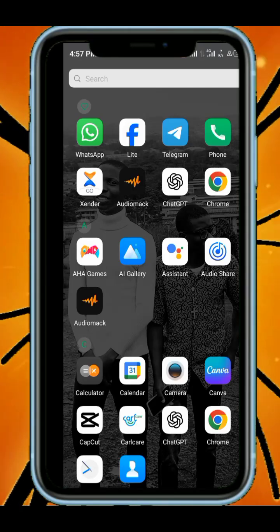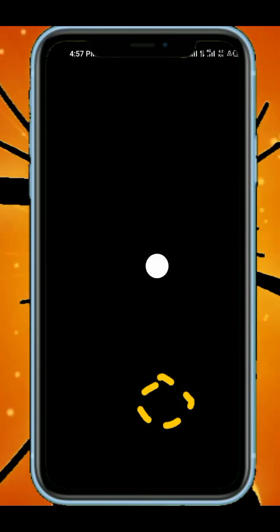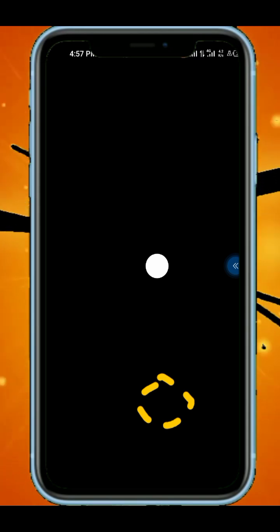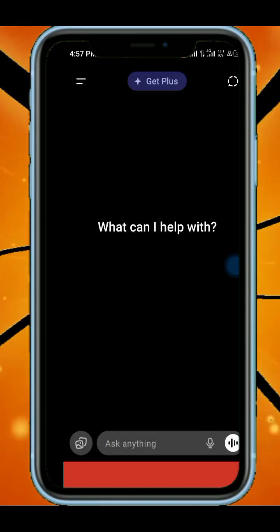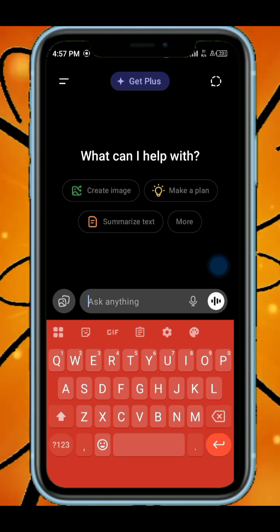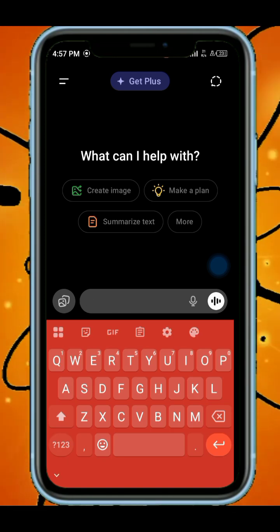The first thing you do is go to ChatGPT on your phone. Make sure that you have ChatGPT on your phone. If you don't have it, go and download it on your Play Store. After you download ChatGPT on your phone, you click on it, and you ask ChatGPT to create a